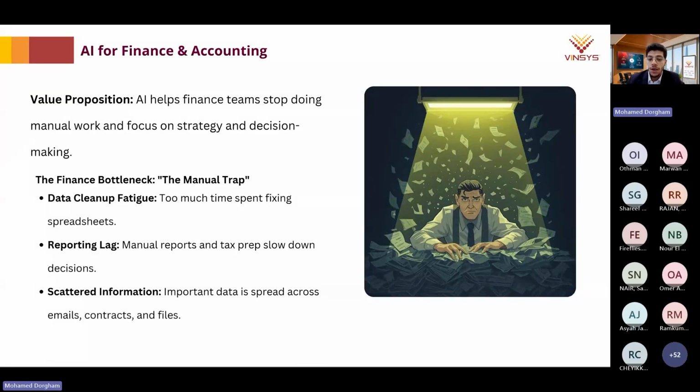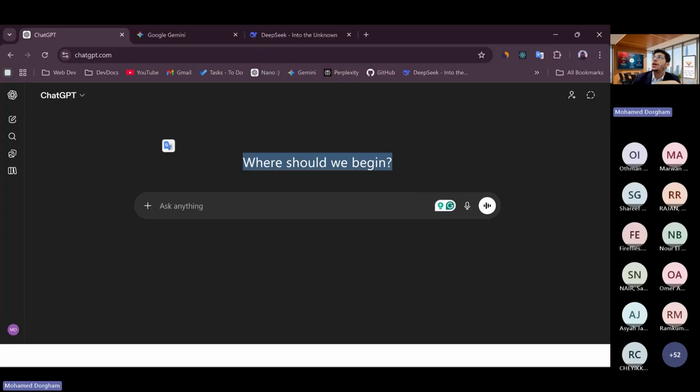So here we got a question: are the same steps used for Gemini? I will ask you a single question: how will Gemini have access to your Outlook? Gemini is a separate application. It doesn't have access to your Outlook and your conversations, the emails between you and the team, unless you keep giving it all the information from your email. Now we are going to see how AI can be used for finance.